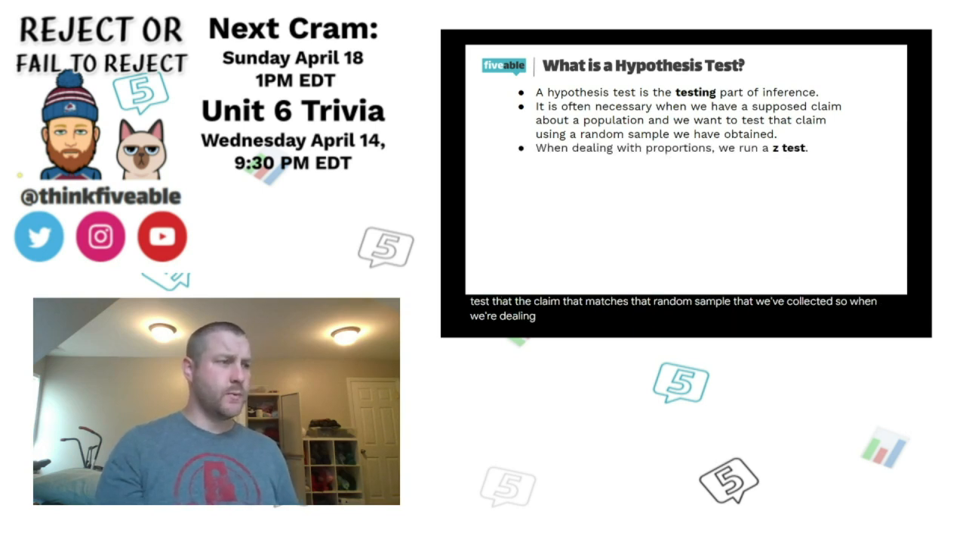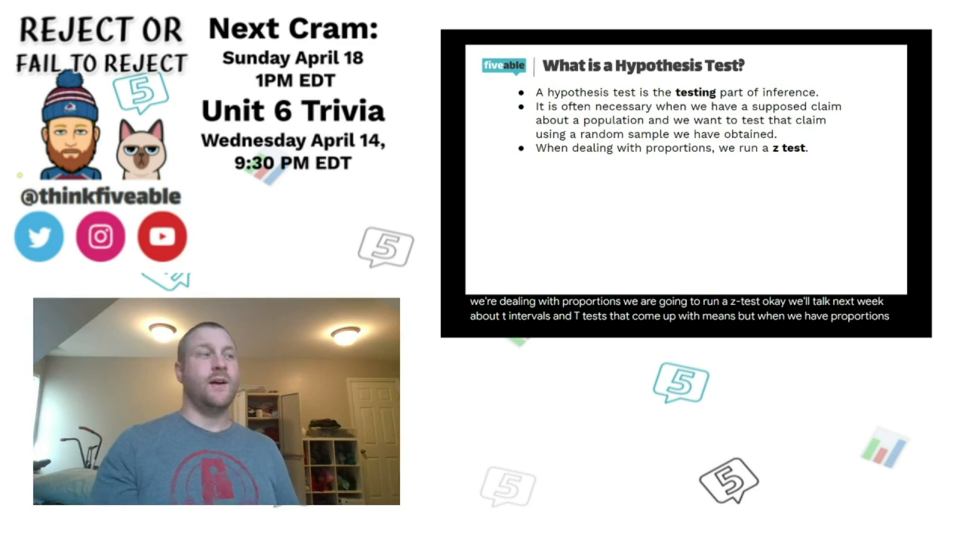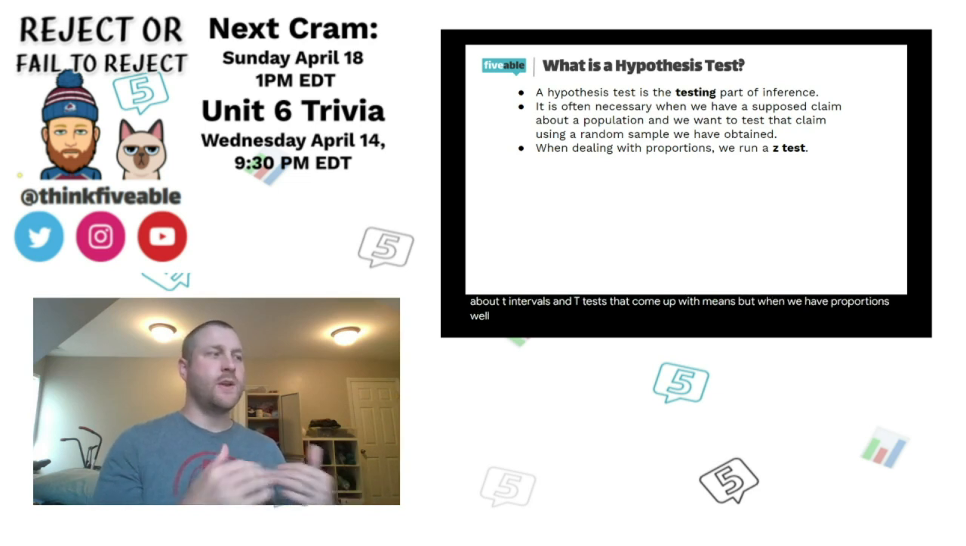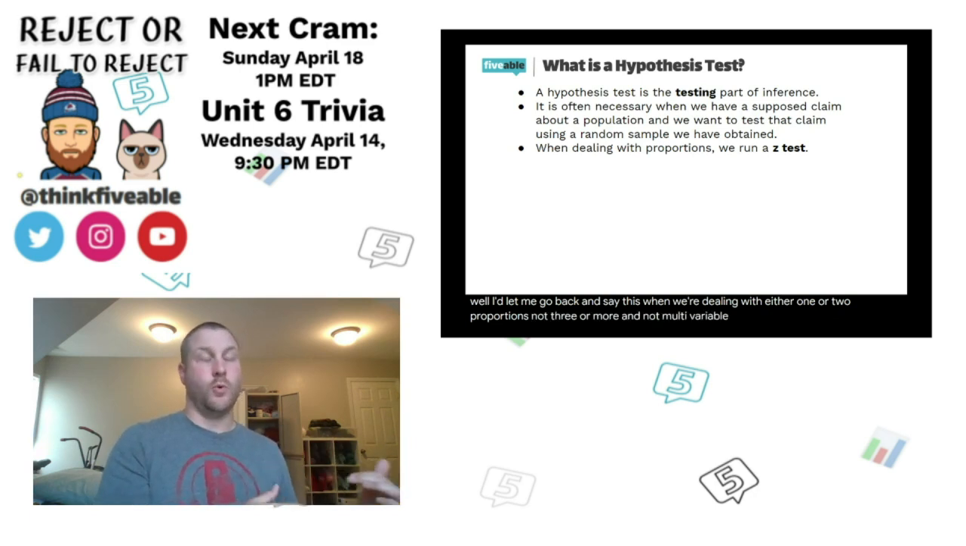So when we're dealing with proportions, we are going to run a z-test. We'll talk next week about t-intervals and t-tests that come up with means, but when we have proportions, let me go back and say this. When we're dealing with either one or two proportions, not three or more and not multivariable proportions, we are going